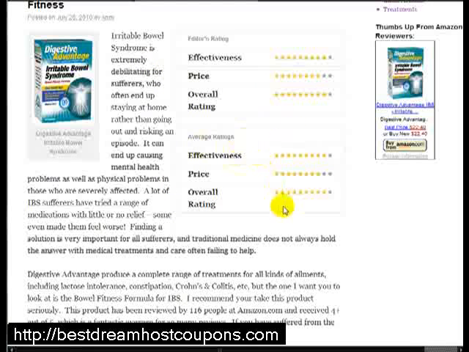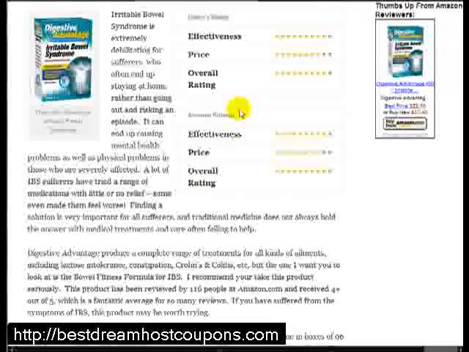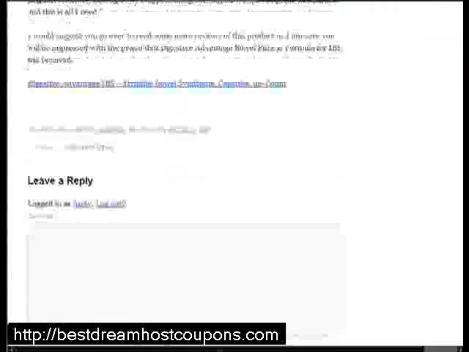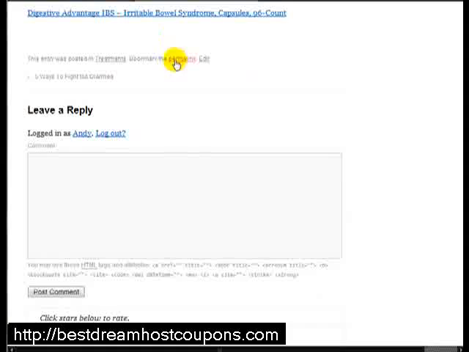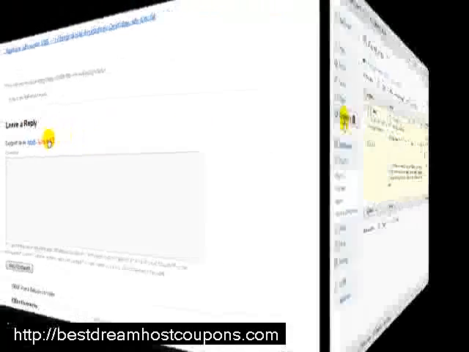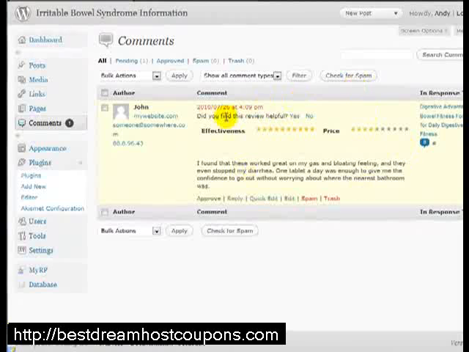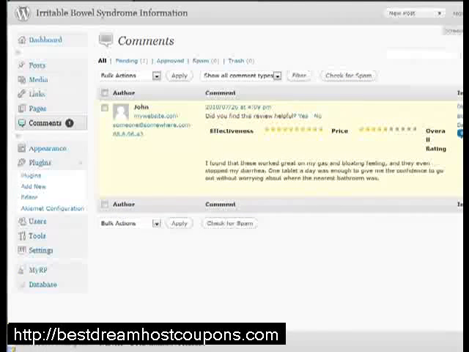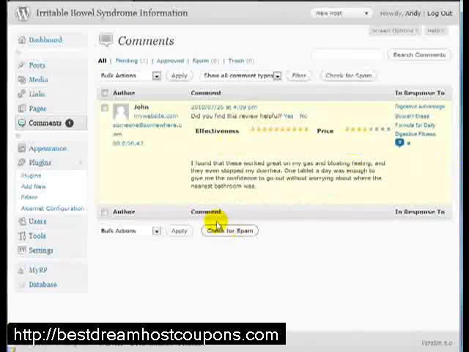Now, because nobody has actually rated this product yet, you can see that the average rating is the same as the editor's rating. If we go down, we'll add a comment just to see how this works. Now if I log into the dashboard, you can see under the comments we've actually got the comment in here, and part of his rating is cut off there because of the size of the screen,